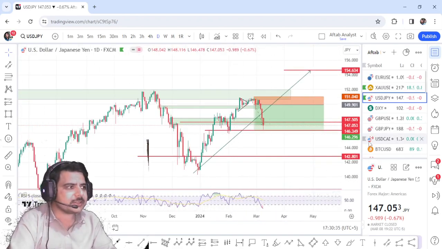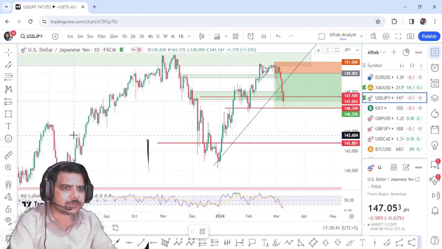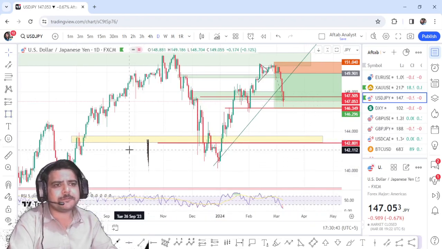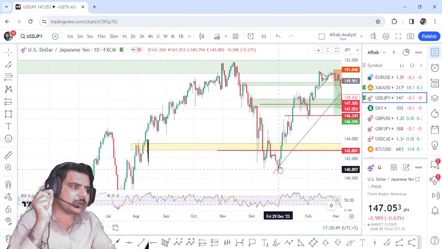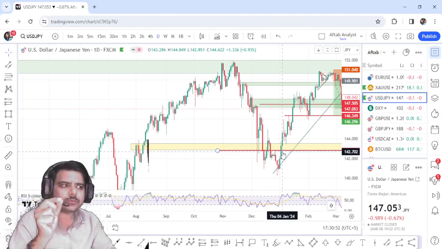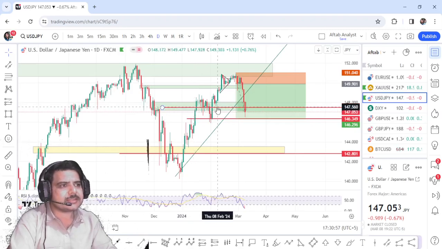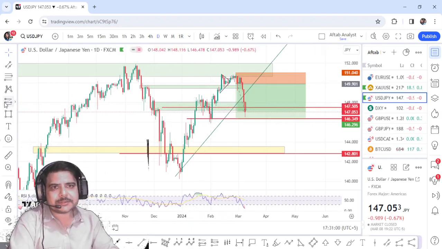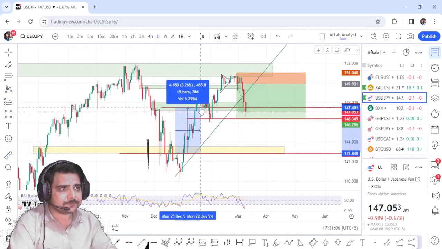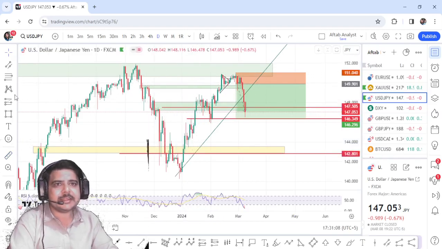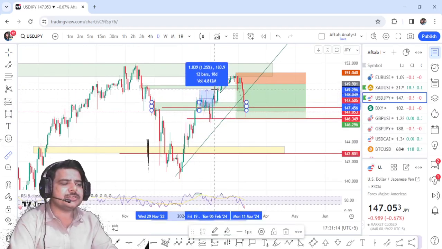So what was my prediction in the previous videos? We took buying positions all the way from right here, you will remember from the previous videos, because it was a fantastic support, just have a look at it. It gave a false breakout, and on the break and retest, it was a fantastic trade opportunity. And right here again it was a sell trade, but if I show you, it gave this much profit, 465, and when I took a sell right here, it just took 183.